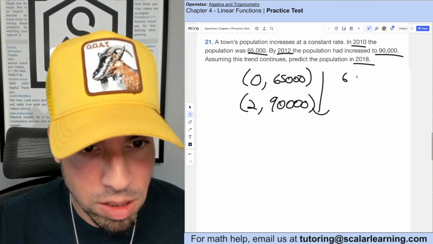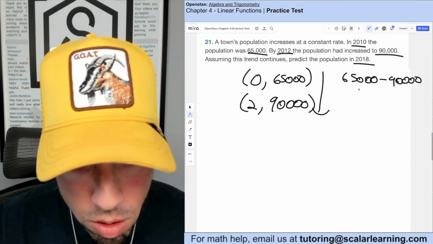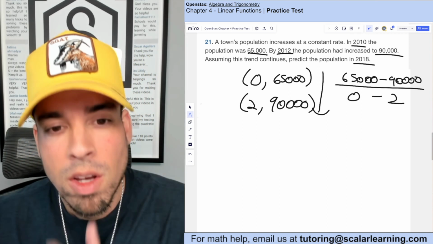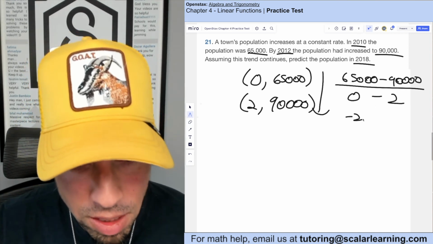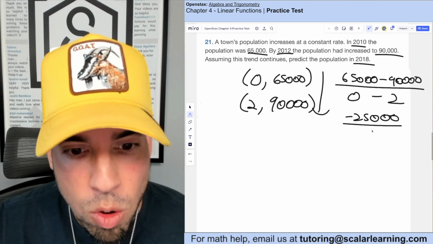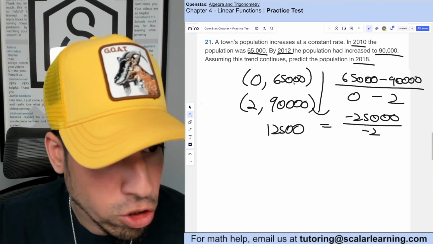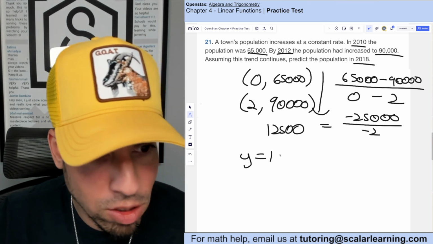So we take the difference of the y values on top by subtracting down, as we always do here, over the difference of the x values, 0 minus 2. So 65,000 minus 90,000 is negative 25,000 over negative 2, which gives us a nice slope of 12,500. And then this is our y-intercept, which means the equation for this line is